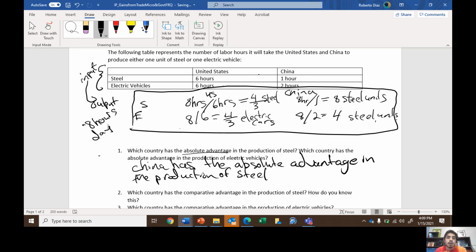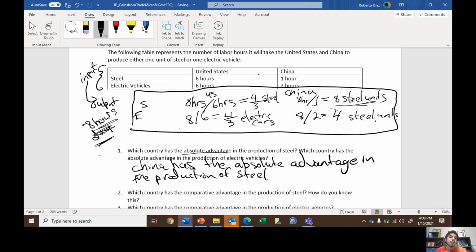Actually it doesn't ask you to explain, but if it were to ask you to explain, you might want to give your rationale behind it. So you could either say China has the absolute advantage in the production of steel because it takes them 1 hour to produce 1 unit of steel, while it takes the United States 6 hours to produce 1 unit of steel. Or you can reference this output table and say China has the advantage in the production of steel because in an 8-hour workday, China can, and remember this 8-hour workday is arbitrarily decided,